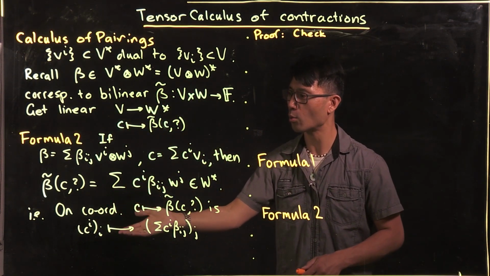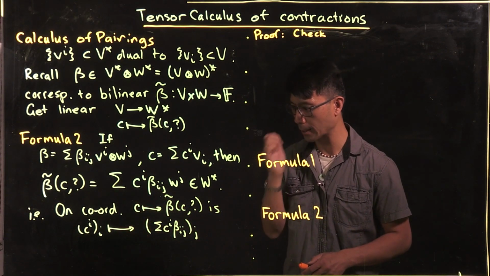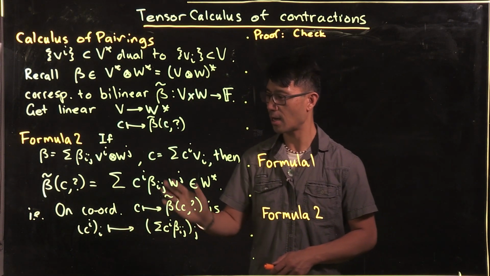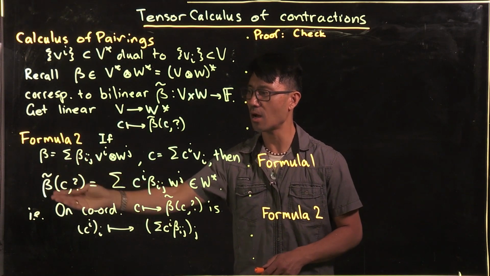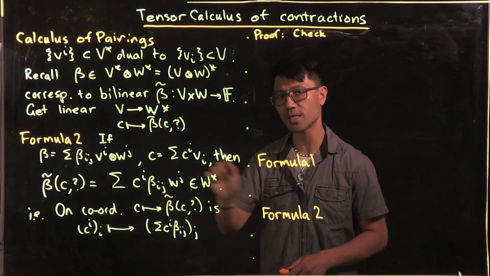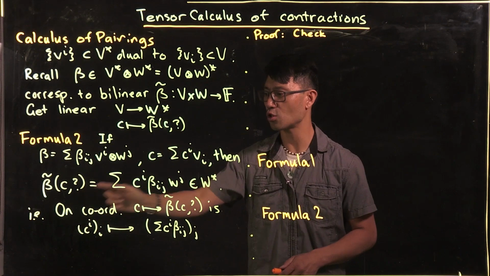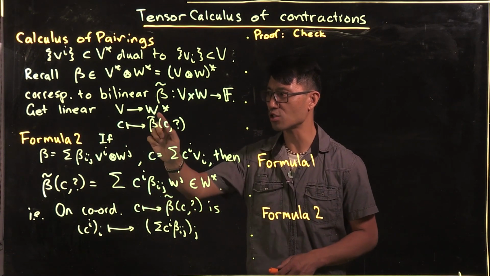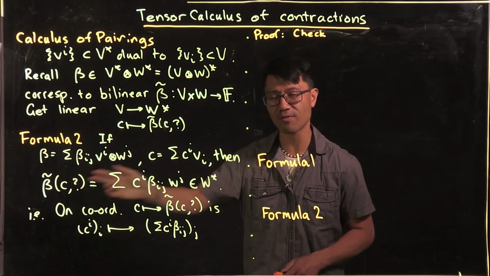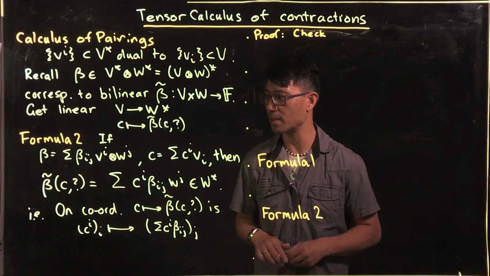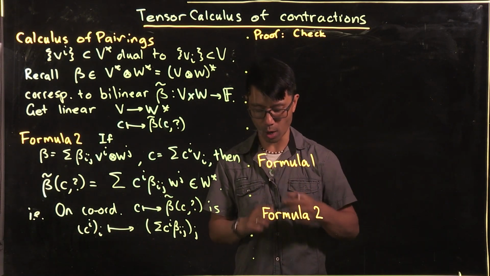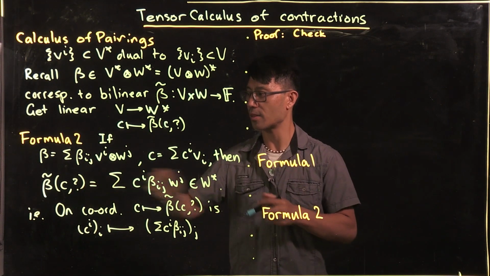Okay, so I guess what we should do is we should see why this is true. We need to say that this element here of W dual is the same as this element here of W dual. So all you have to do, since these are both linear functions from W to F, is just show that they have the same values on a basis. So it suffices to check the following: that this beta tilde